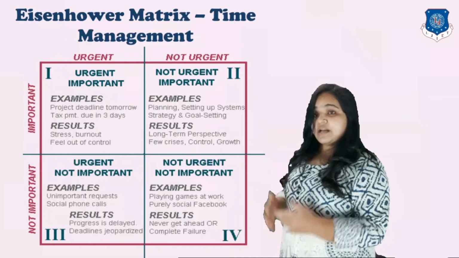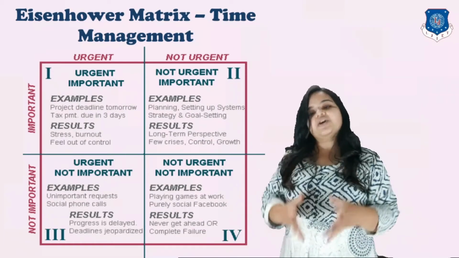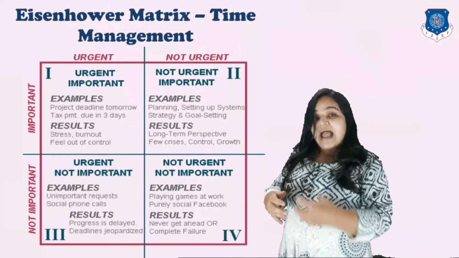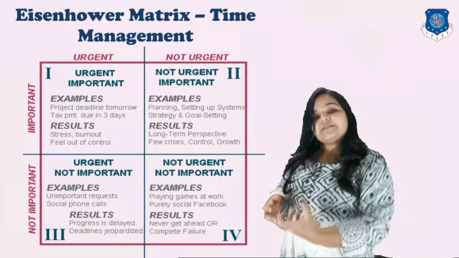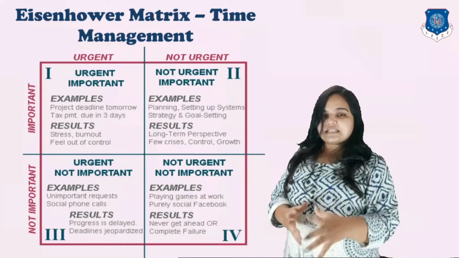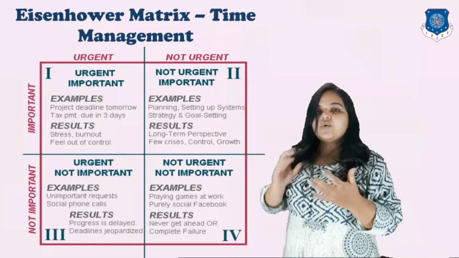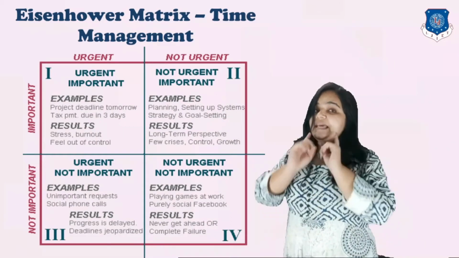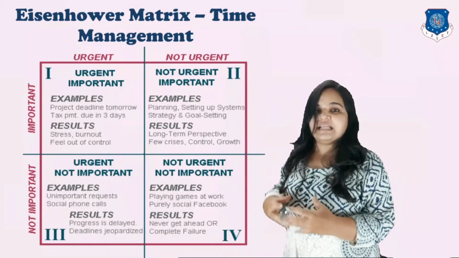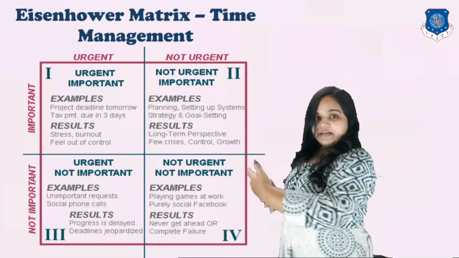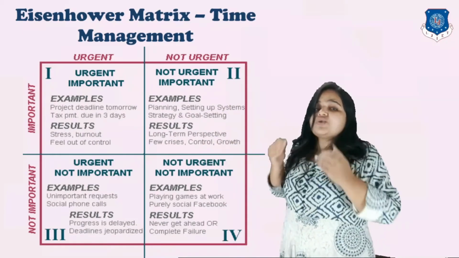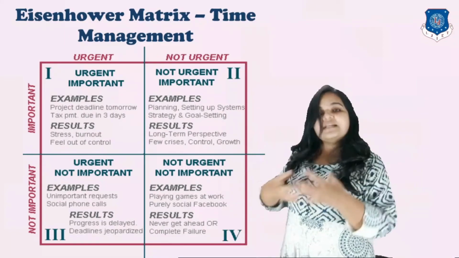Moving on to the third quadrant, we have the tasks which are not important but urgent. Here students, these tasks are urgent for somebody else but not for you, and you think that they are urgent for you, and in spite of not being important, you include them in your schedule very fast, which is a very wrong practice. You need to learn this thing here, that try to maintain a note of such tasks which are not important to you. Yes, you can attend to such tasks, but only if you have free time, like somebody else's urgent deadlines. These tasks can be attended to at a later time in your schedule. You do not need to immediately attend to them. Somebody else's urgent deadlines or social calls which can be attended later must not be fixed into your schedule